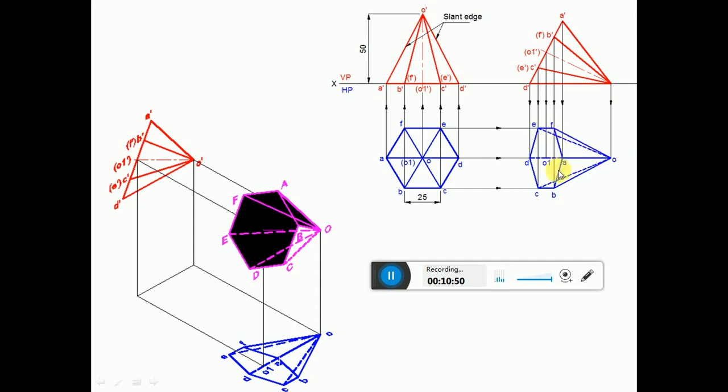And since ABCDEF is visible and triangular surfaces OEF and OAB are visible, naturally OD is going to become invisible. In other words, if the edge or a corner which is on the XY line, that is O dash, D dash, in the front view, automatically it becomes invisible in the top view. So OD will be invisible, but OA is visible, so you make a dotted line from A to D.